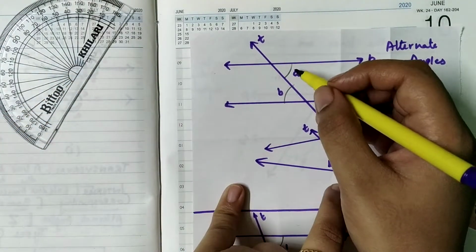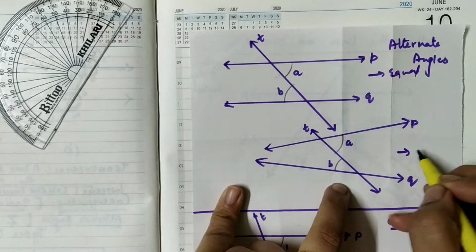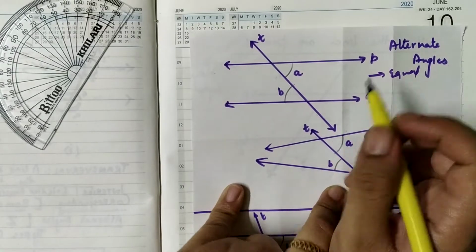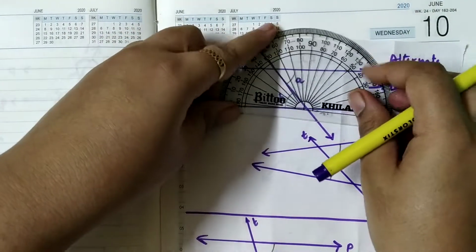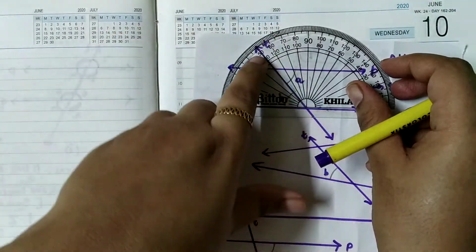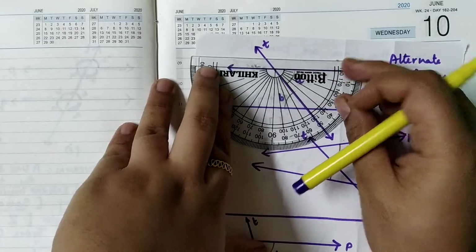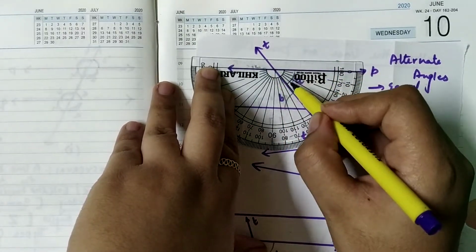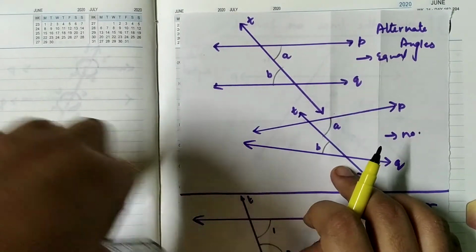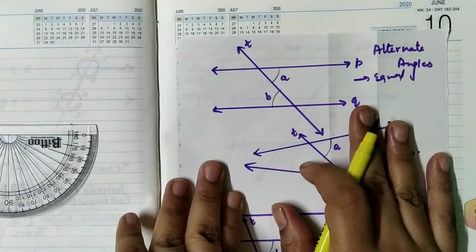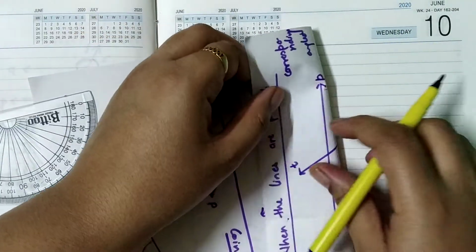Similarly, I have taken here the alternate interior angles. In this case, the alternate interior angles are equal, and in this case they are not equal. So we need to check whether the lines are parallel or not. I will show you that the angles are equal with the help of my protractor. If I place it here, you will observe this is a 50 degree angle, and if you measure it like this, you will observe this is again a 50 degree angle, this angle A. So I have taken alternate interior angles which are equal, and in this case I have taken unequal angles, but they are alternate interior. So I need to check whether the lines are parallel or not. By the same process, I am first taking my baseline here.